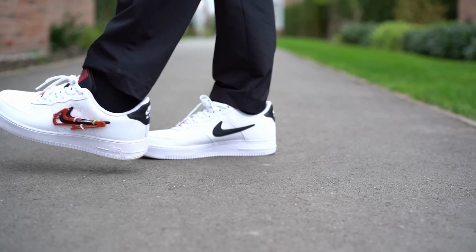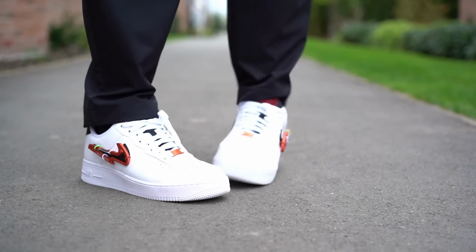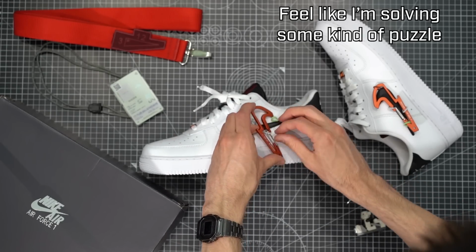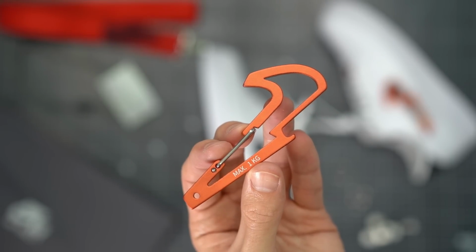Back to these carabiner equipped shoes. Now, I wouldn't personally believe anyone would want to remove the giant piece of metal from the side of the shoe, but although it is a little bit of a pain to do, you can actually take this off, so we'll use that as a good opportunity to get a closer look. Industrial print on each side mimics the spec that you would find on an actual climbing carabiner,